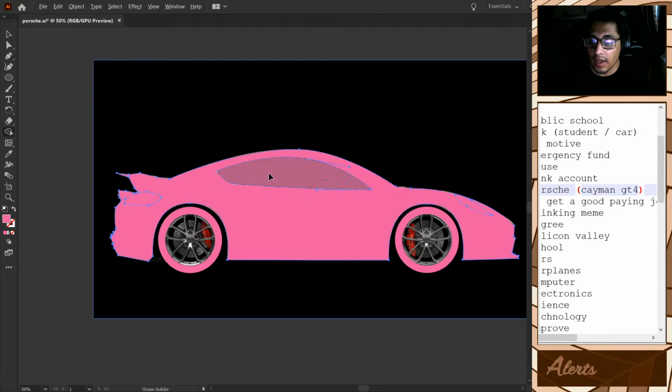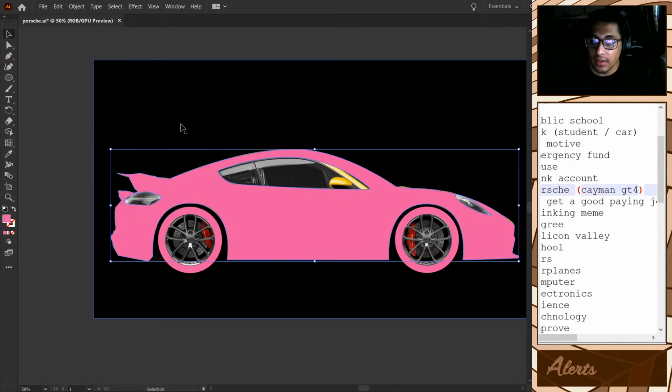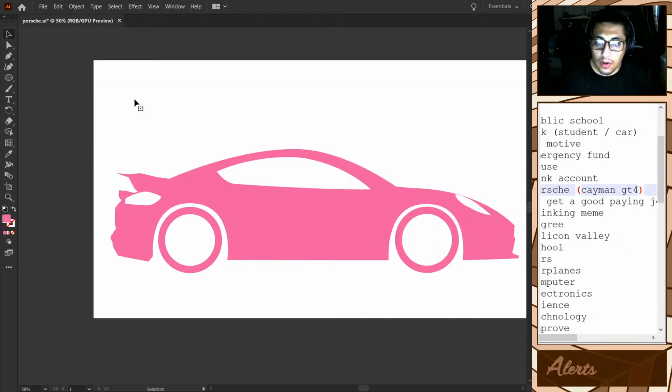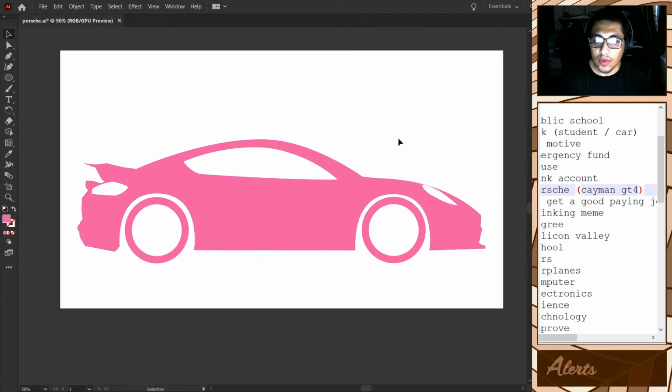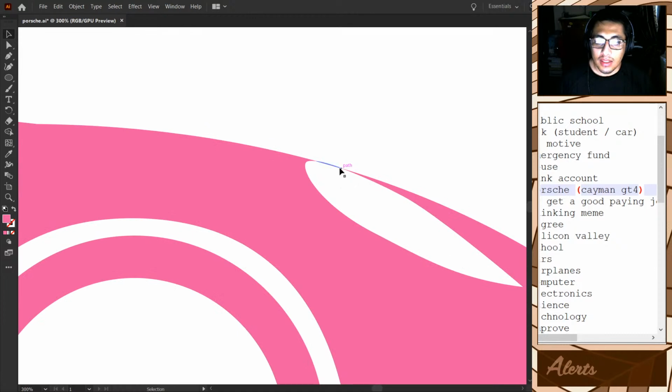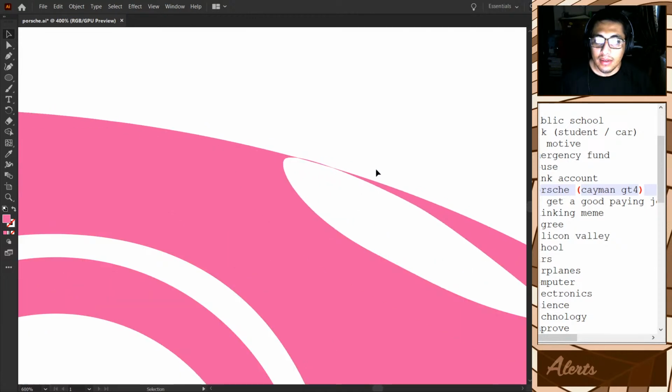Go to Shift M. Again, it's a little bit more exaggerated, but like this now it's starting to look okay. Now this part right here does look bad.